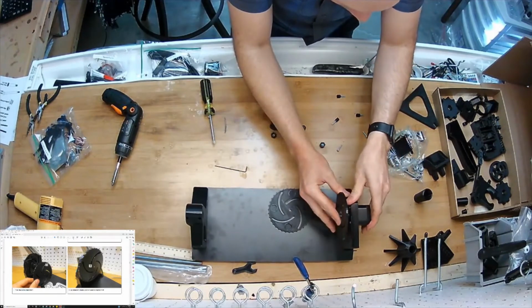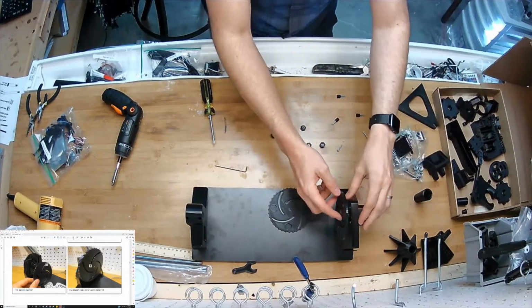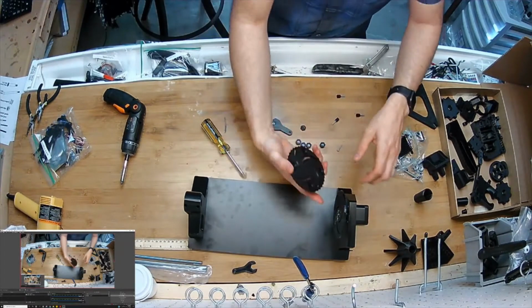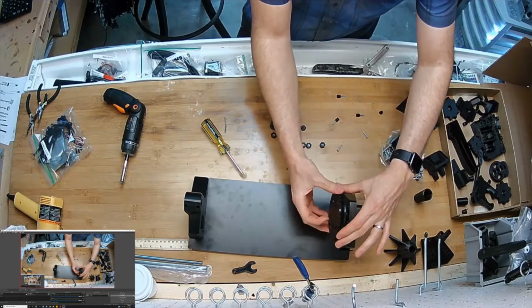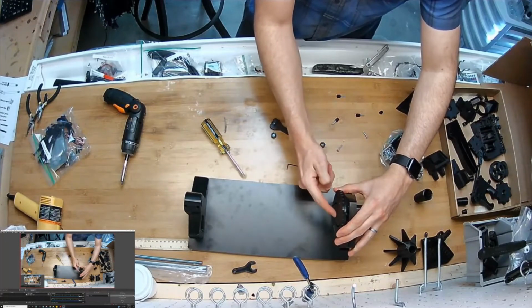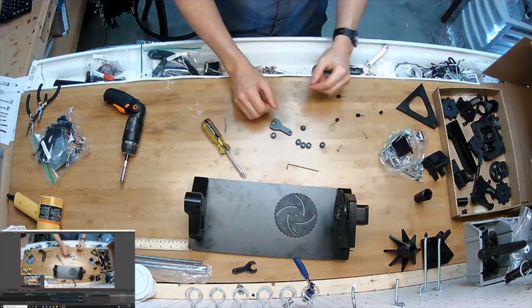Yeah, this suggests to me I may have needed to tighten those a little bit more so that sticks out a little farther in the center there. Yeah, that did it. There we go. Make sure this thing's all the way on, and now the center of this is just sitting on the end there, and it keeps it centered, but the motor shaft is not protruding through. Now I went ahead and